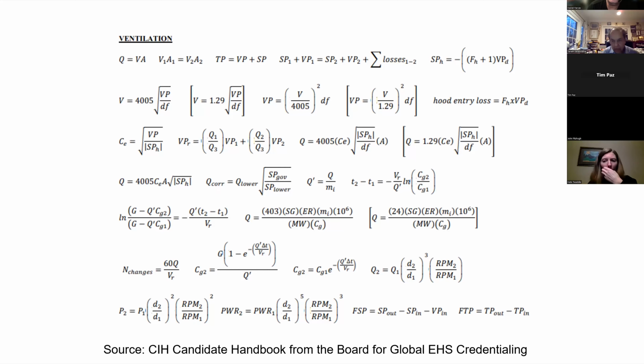You see in the second row, it's 4005, and then it's 1.29. It's going to be used again as 4005 and 1.29 because you have metric, and then you have the English system. And let's go with the first equation. This is actually the easiest equation, but just to make sure,